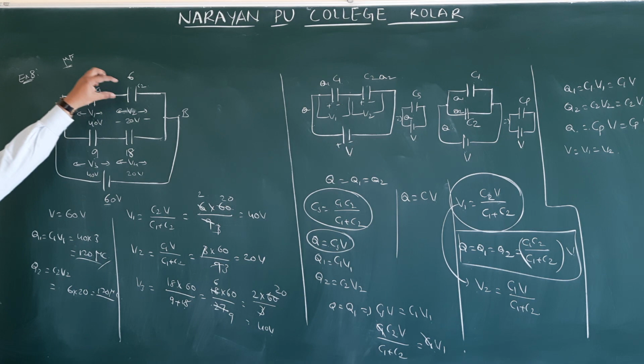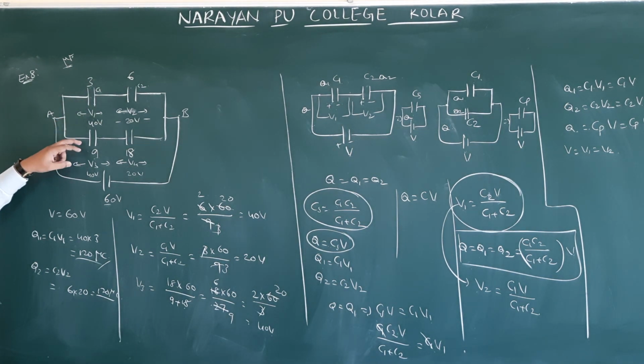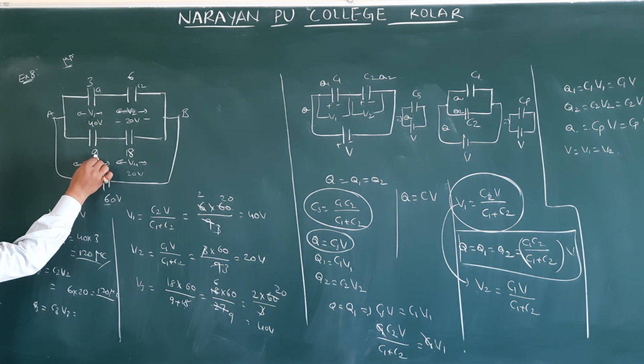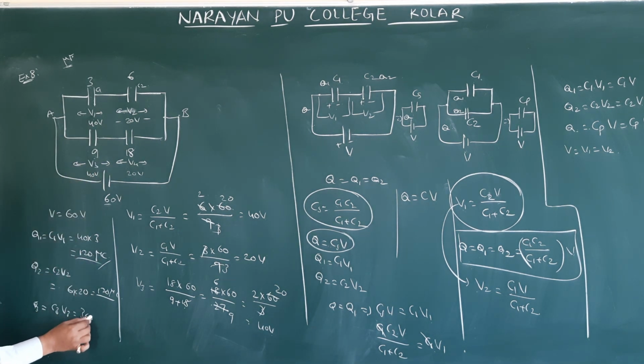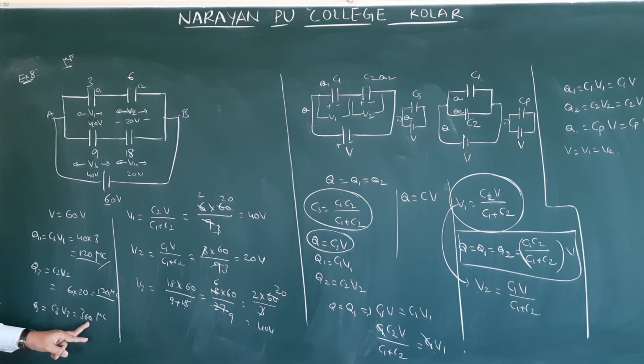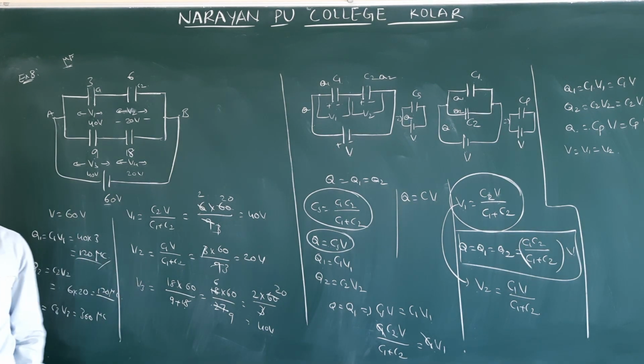How much charge on this? The same charge on this also. This is about this one. Now charge on this: again C3 V3. Q3 is equal to C3 V3. C3 value, how much? 9. 9 into 40, how much? 360 microcoulomb. If this is 360, this one also will get 360, because these two are in series. Then what is the total charge? They didn't ask here. Total charge means you have to add this one and this one, that is nothing but 120 plus 360. Understood? This is the concept, and this is how to apply that concept. Okay.